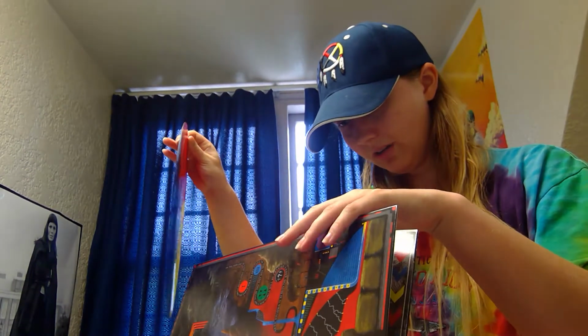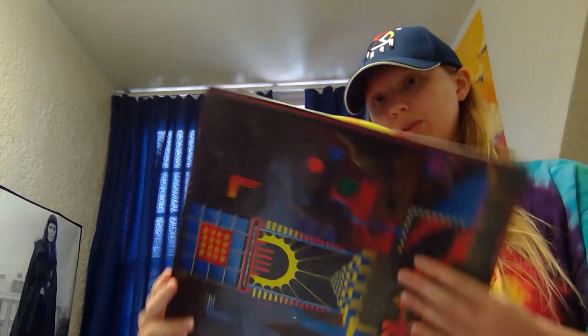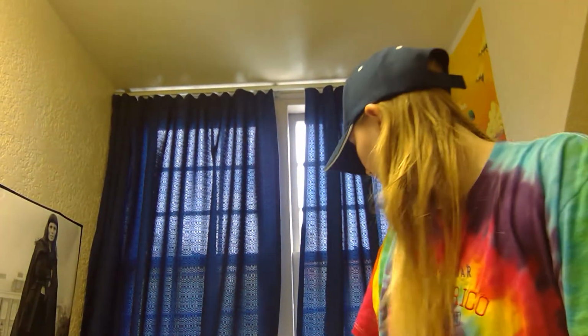And I don't know if there's any, no, there's no liner notes in here, I don't think. But yeah, so that's the Stolen Body Records version of Polygon Wonderland. I'm really glad how it turned out. I'm glad that I got my hands on it, and I think it's really cool. Alright, so